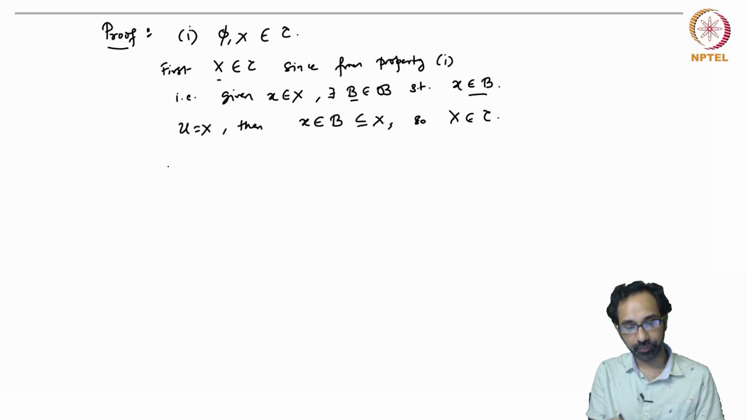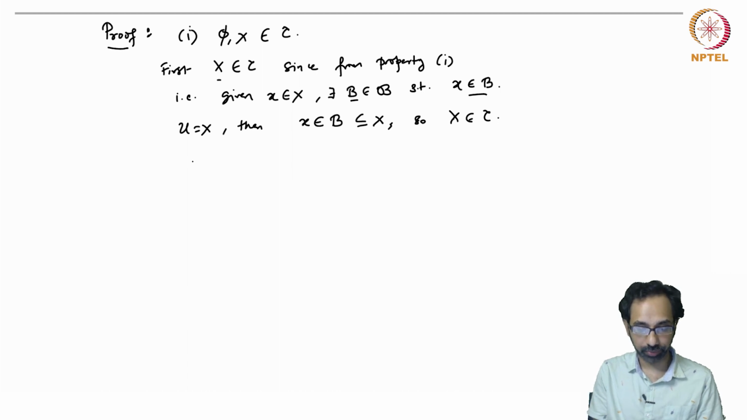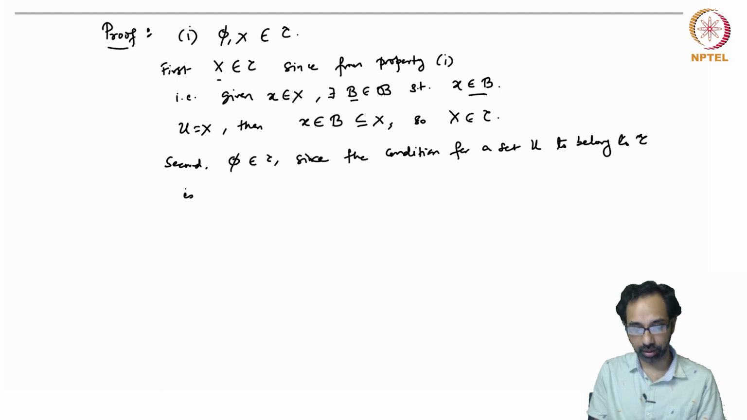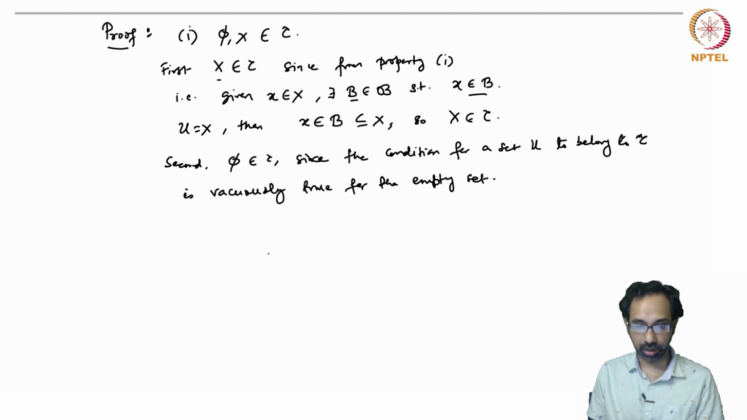So we see that the space X itself is in tau. Why is the empty set in tau? Well, this is since the condition for a set U to belong to tau is vacuously true for the empty set. Why? Because